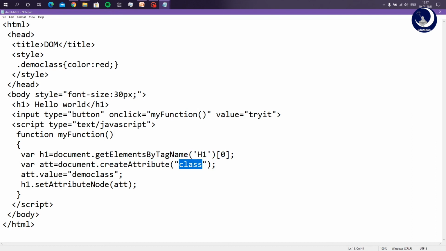And then attribute.value is set to demo class, and then I have to set this particular attribute att to h1. So I will use h1.setAttributeNode. This will set the attribute att on h1. What does att have? It is class equal to demo class. So when I execute this page and click on the try it button, the hello world content will get changed to red. Let us see the output.